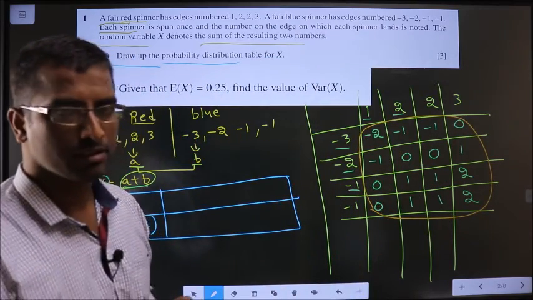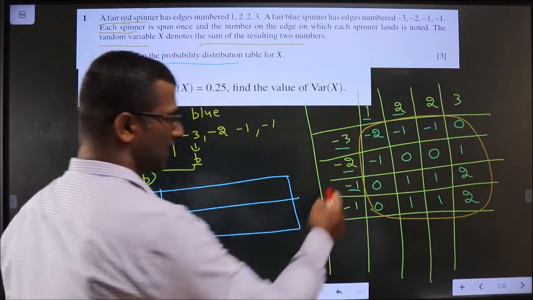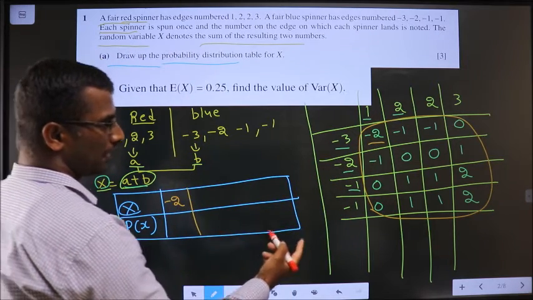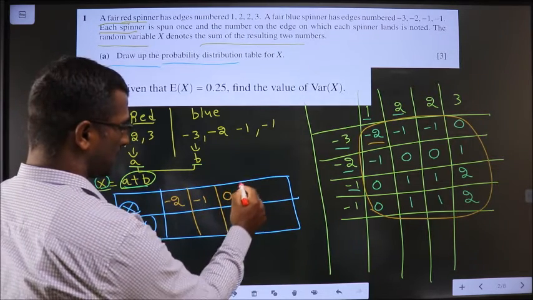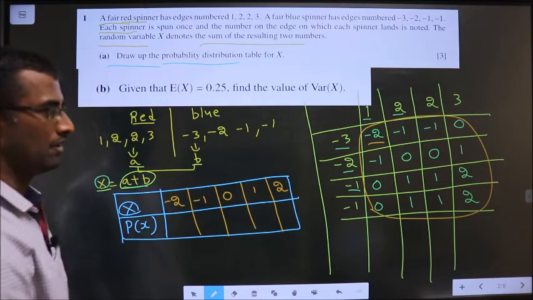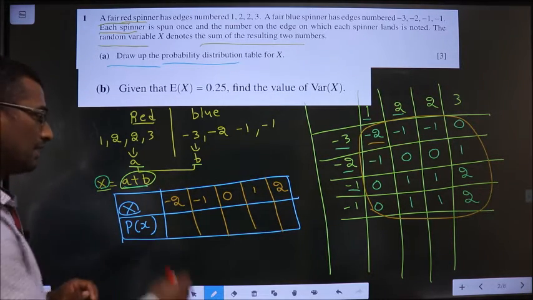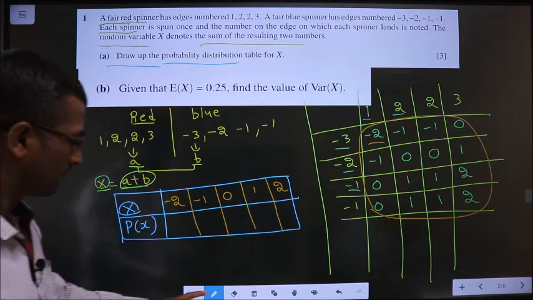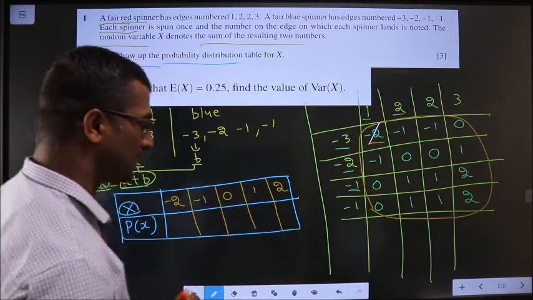Am I clear? So now what all values is x taking, let us start with -2. So x can take -2. Next, also -1 is present. Next, even 0 is present. Even 1 is present. Even 2 is also present. Clear? Now I should write their corresponding probabilities. Now let us talk for -2. How many times did you come across -2? -2 is here only once.